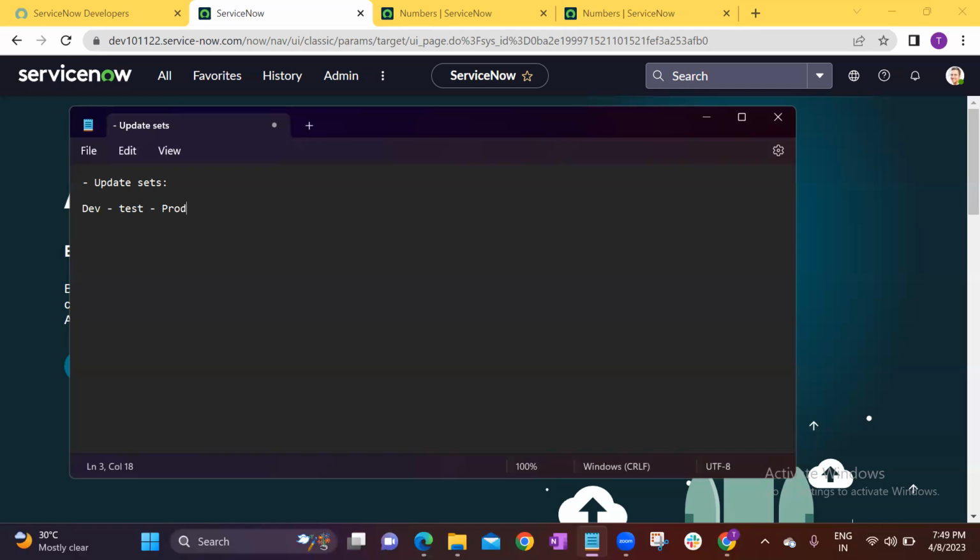Okay, not only for software products, guys. Even in the general world, if you observe any car, how they will make it, initially they will do development, they will develop the car, then